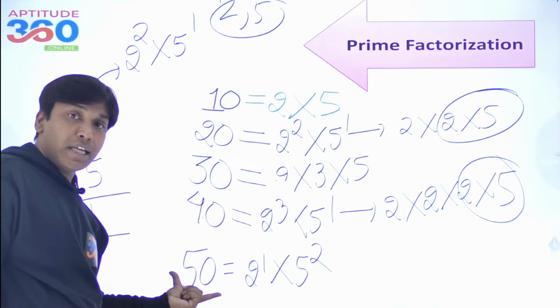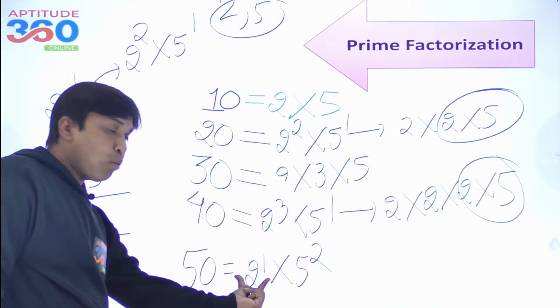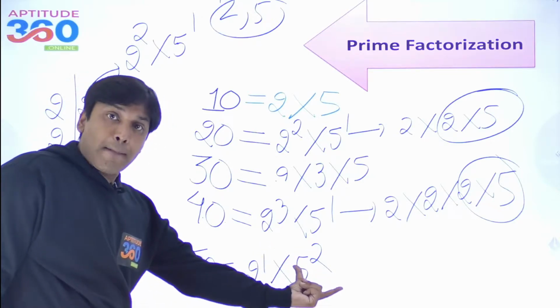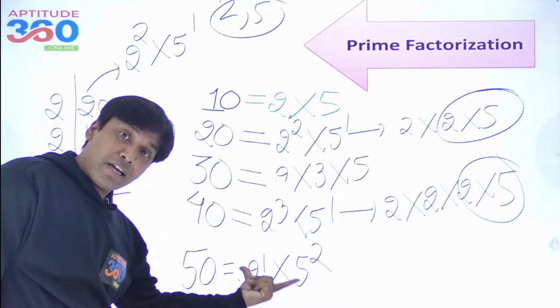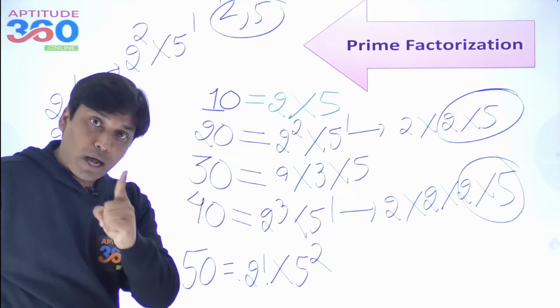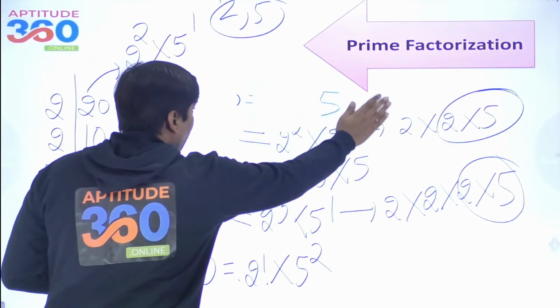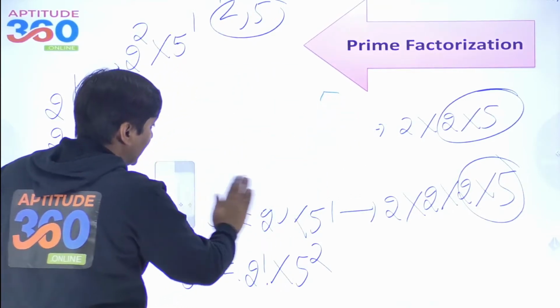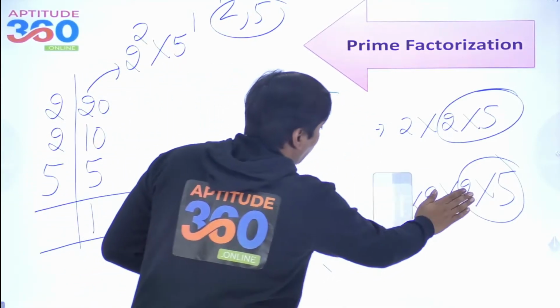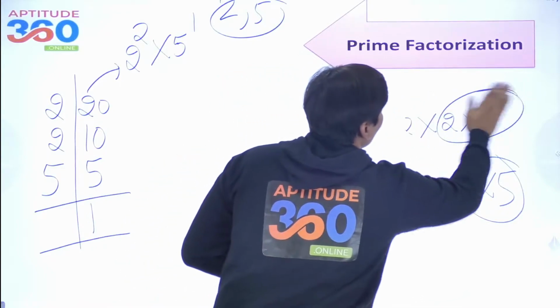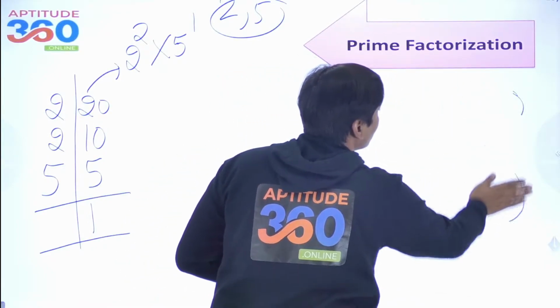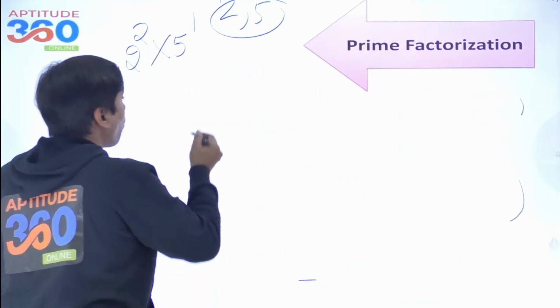And now come over here, 50. 50 also has got 1 2 5s, but how many pairs of 2 and 5 are there? You got exactly 1 pair of 2 and 5. Now go ahead, if you understand this concept that you need 2 and 5, 1 2 and 1 5 to make the pair, to make 1 0.